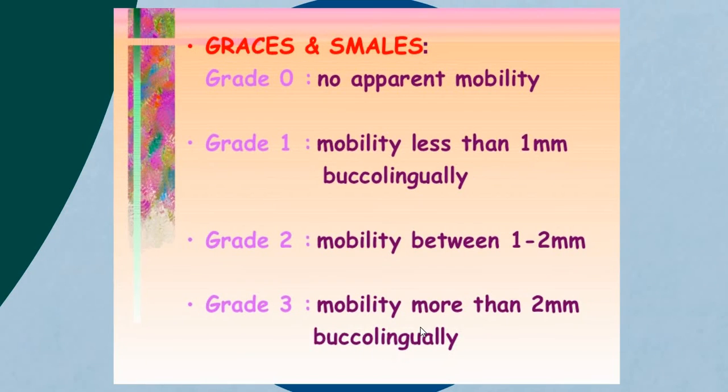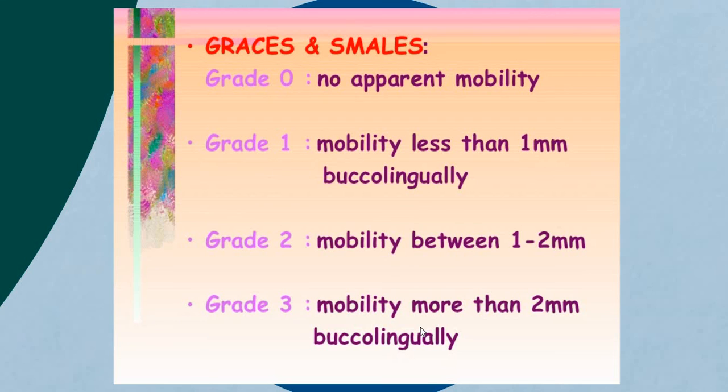Another index is tooth mobility. Mobility is assessed by applying a labiolingual horizontal force on each tooth in turn using the handle of the dental mirror. So you use the handle of 2 mirrors to examine the mobility. And the movements are simply scored according to the simple index. Grade 0, there is normal physiological mobility or no apparent mobility,